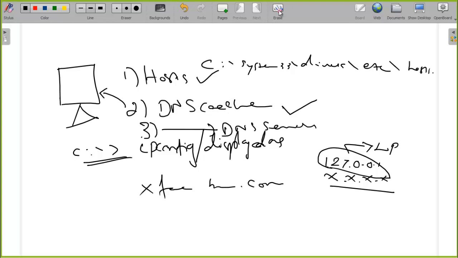Okay, so let us assume that you are trying to connect to some website which you have not connected to at all so far. Let us assume that it is a newly built website and you are trying to connect to this website for the very first time. Okay, I'm going to name this website abc.com.